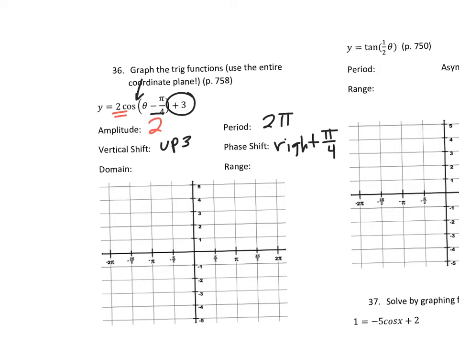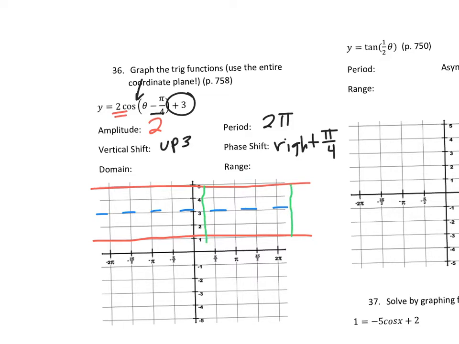So when I graph these, there's a couple different ways that you can do it. You can actually graph 2 cosine theta and then shift each point right pi over 4 and up 3. I'm just going to start at, I know that I went up 3, so it's going to be my new axis, and then my amplitude is 2, so my function is going to oscillate between the red part, and I'm going to start at pi over 4, so that's halfway in between pi over 2 and 0,